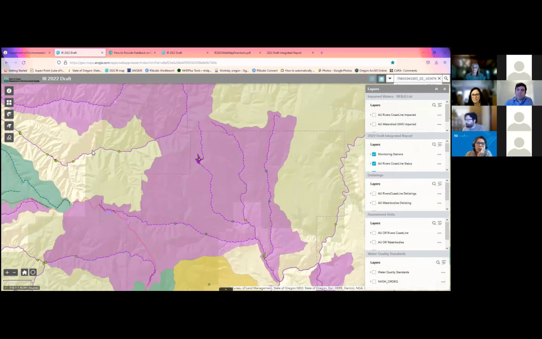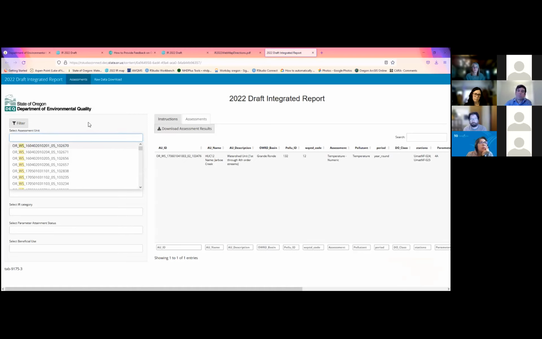Hi, this is Julia. I queried by the Tualatin River HUC 8 code, and then just clicked all of the assessment units that came up that had the HUC 8 code in them. But I missed the watershed units somehow. In this database? In that field right there? Yep. Let's just do it live. What's your HUC 8? Okay, let me look it up. I don't know ours off the top of my head.